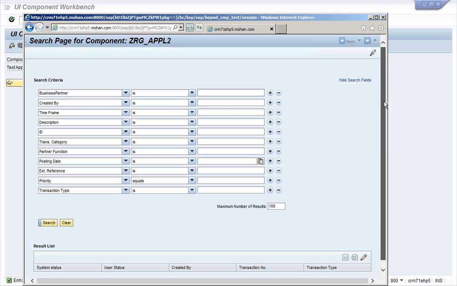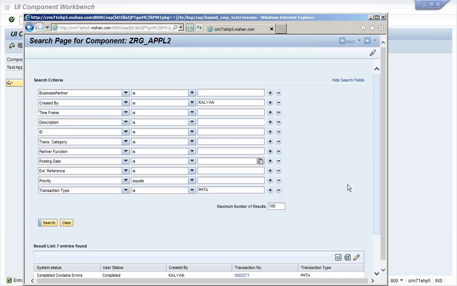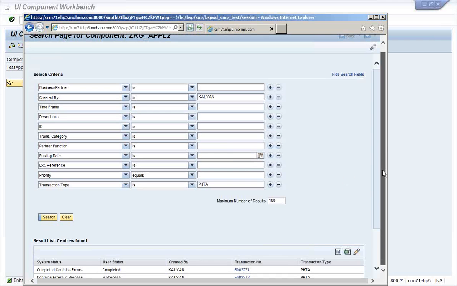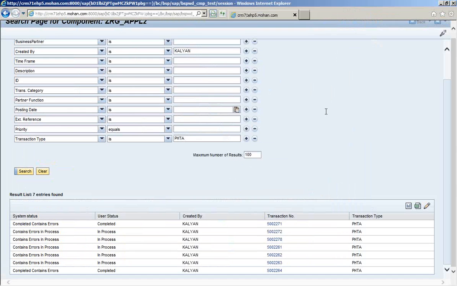Whenever I search for the PHTA transaction type and created by Kalyan, I get a list of all the documents. This is a list of documents I have created. It's just a sample example.